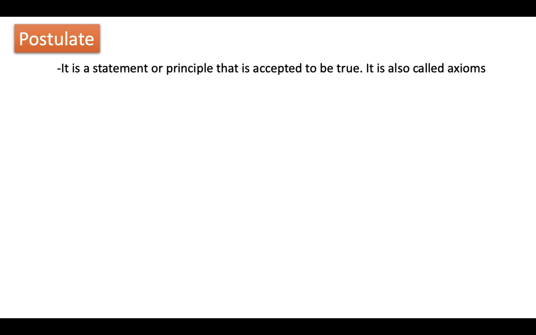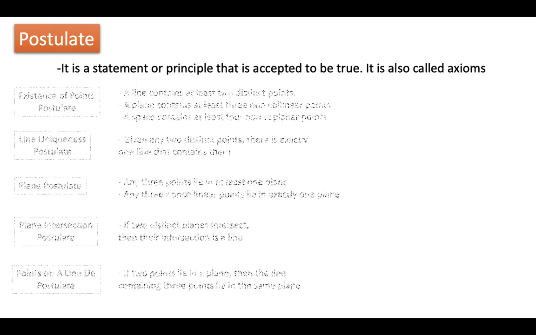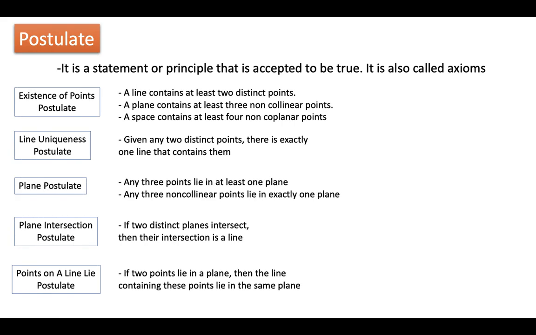A postulate is a statement or principle that is accepted to be true. It is also called an axiom. And these are some postulates that can be related to the undefined terms that we have learned in our previous video. One of the postulates is the existence of points, wherein it says that a line contains at least two